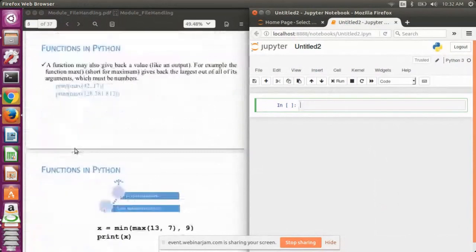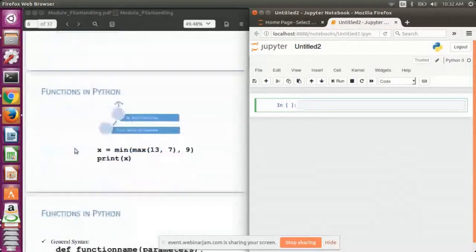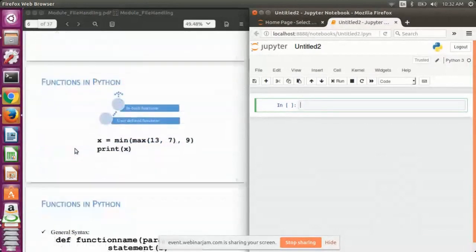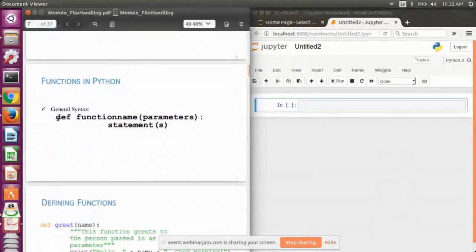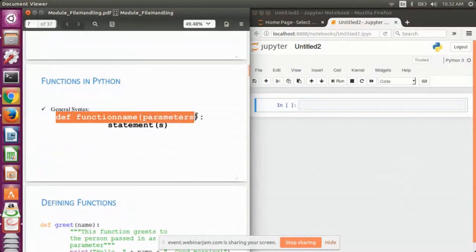So, the basic syntax, or let me first tell you, there are two types of functions in Python. One is the inbuilt functions and the other is the user-defined functions. To define the user-defined functions, we need to follow some particular syntax, that is def, that is a keyword, def space the function name, and in the brackets we need to pass the parameters if we have, and then the colon.